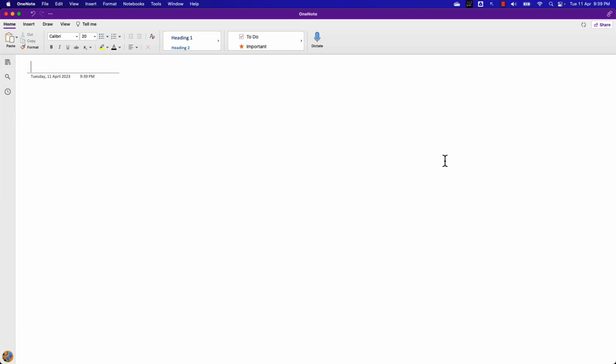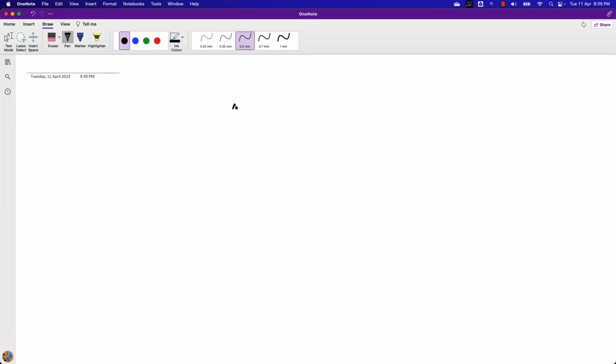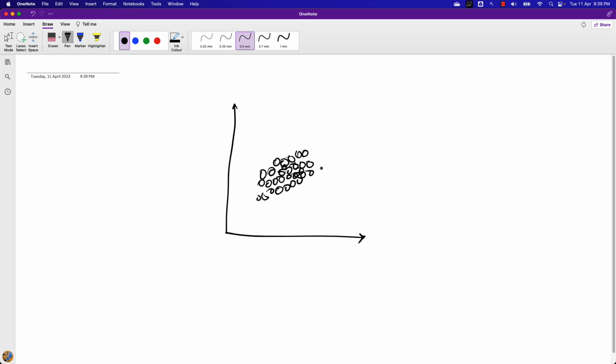Let's say I've got a data set that looks something like this. So I have data points that look like this. As you can clearly see in this data set, I've got two features right here. Now what we are trying to achieve is reducing these two features into one feature. That's the outcome when I say dimensionality reduction. But when we